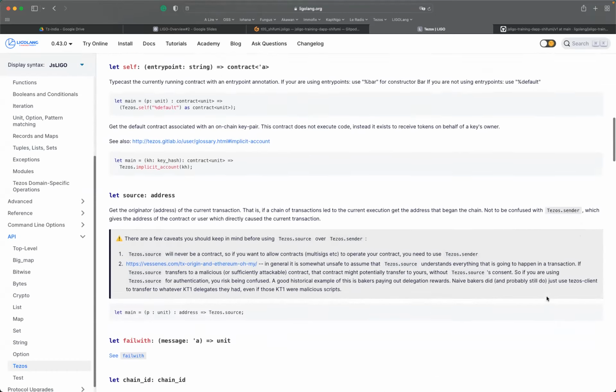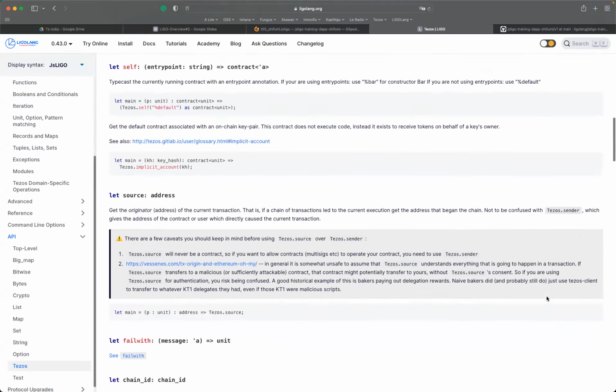So here, if we want to implement our main function right now, we first have to send back the list of operations. We have no operations, so I send back a list which is empty. As list of operation, I have to mention the type because it's not able to type check since my list is empty.